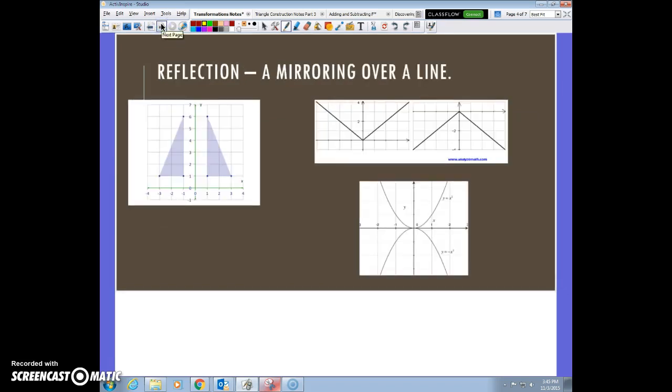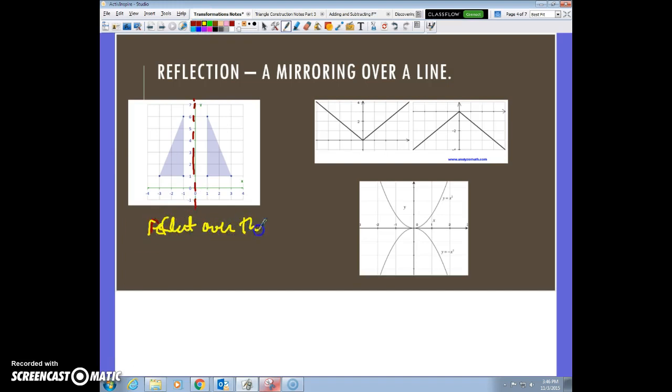Right? Reflection, like a mirroring, that's what it is. It's like a mirroring. Now, in geometry, it can be mirrored over any kind of axis, any kind of line, but mainly on a graph, it will reflect over the y-axis or the x-axis. All right, so this little fella right here, this geometrical, that would reflect, it's hard to see that color, reflect